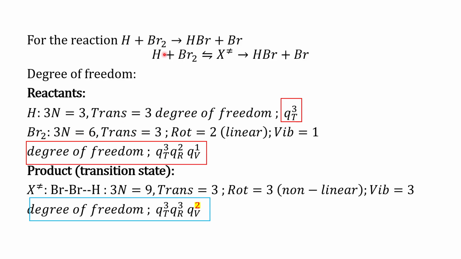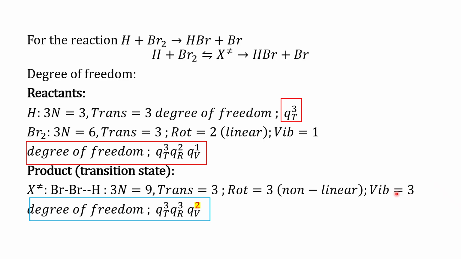For the product of these reactions here, which is the formation of the activated complex, the bromine molecule can be temporarily bonded to the hydrogen atom. So assume that this is a non-linear molecule, and this molecule consists of 3 atoms. So the total degree of freedom equals 9. 3 of them will be translational, 3 of them will be rotational, and the leftover 3 will be